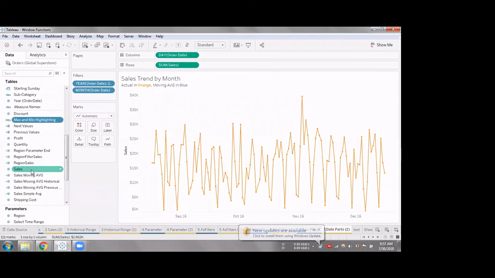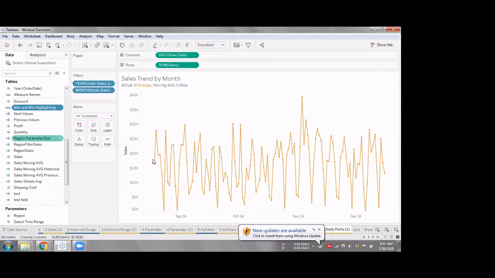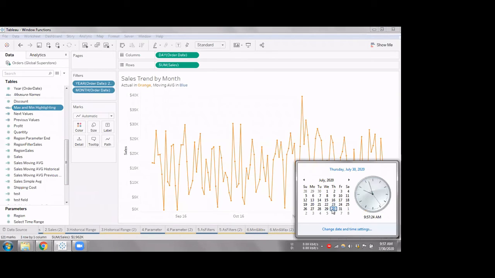I have created two calculated fields. So it's clear that I have to use a window function. Based on my current week, I have to jump back if I'm on a certain Thursday. I'm trying to explain the logic. When I am on a certain day, I have to go back 1 week, step one. And once I go back 1 week, I have to find the Sunday in that week.